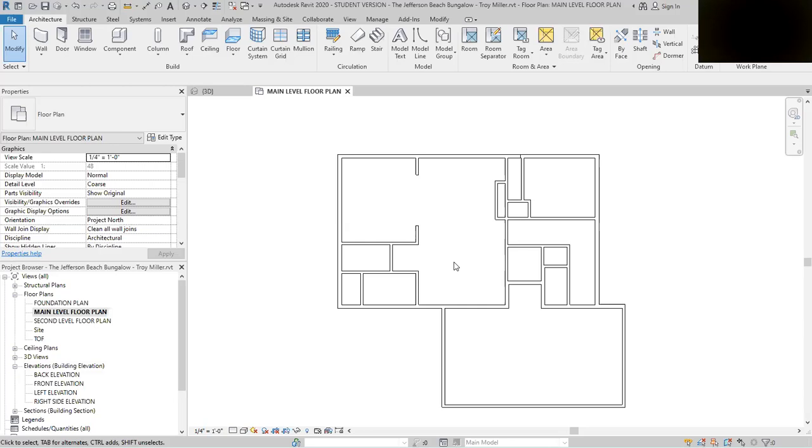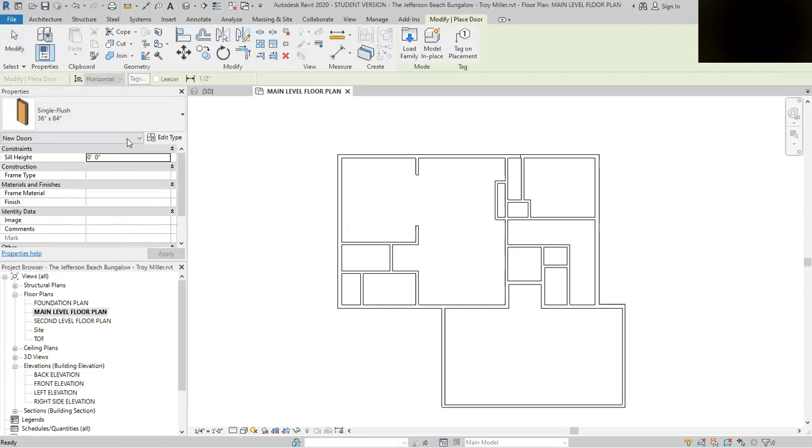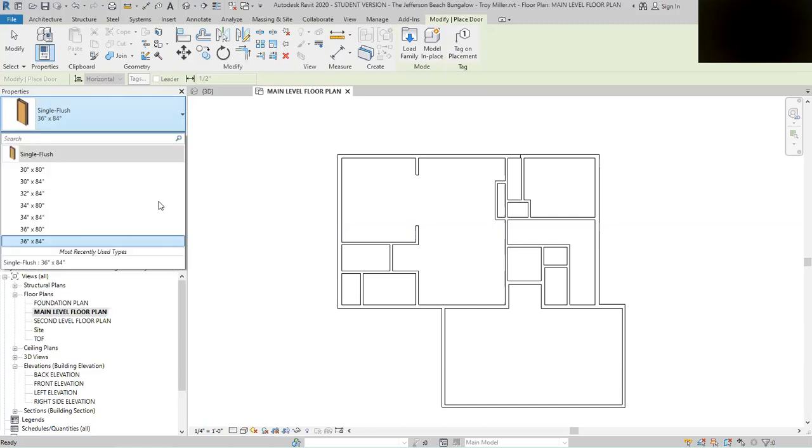on doors. So to insert a door, we're going to come up here to our tab, make sure you're on Architecture, and we're going to select the door icon. And in our properties window, we will see the single flush 36 by 84 inch door. I'm going to go ahead and select on the drop-down menu here, and you'll notice that's all I have. Okay, so we don't have a lot of doors in here, although we do have the ability to load more